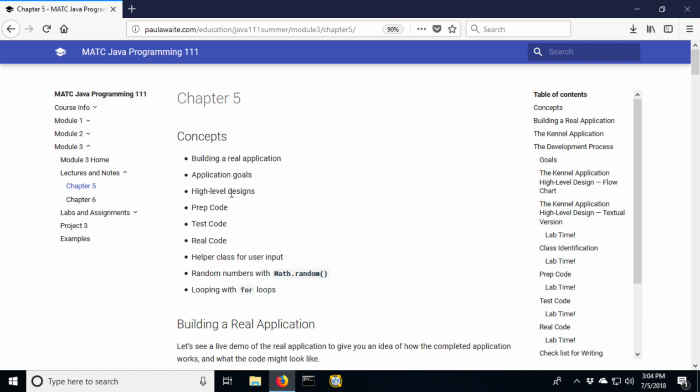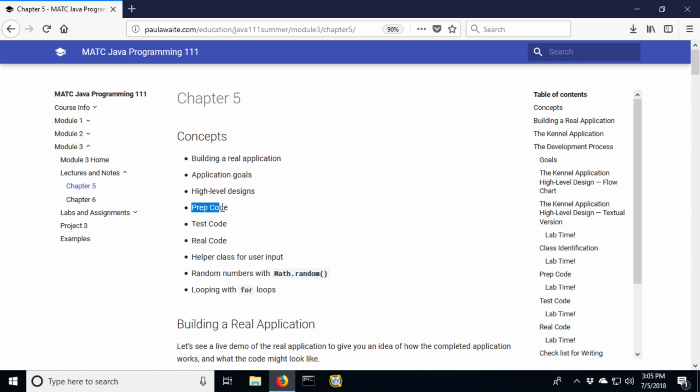So there are several different steps that we go through as we're building an application. We want to think about what the goals of the application are. So you can imagine somebody coming to you and saying, hey, I have this problem. Can you build me an application to solve that problem? And we'll take a look at the application goals for this example application in a little bit. From there, then we can think about high-level design. So at a very, very high level, what should the application do? And that design should be sure that it meets the goals, so it solves the problem that somebody came to you with.